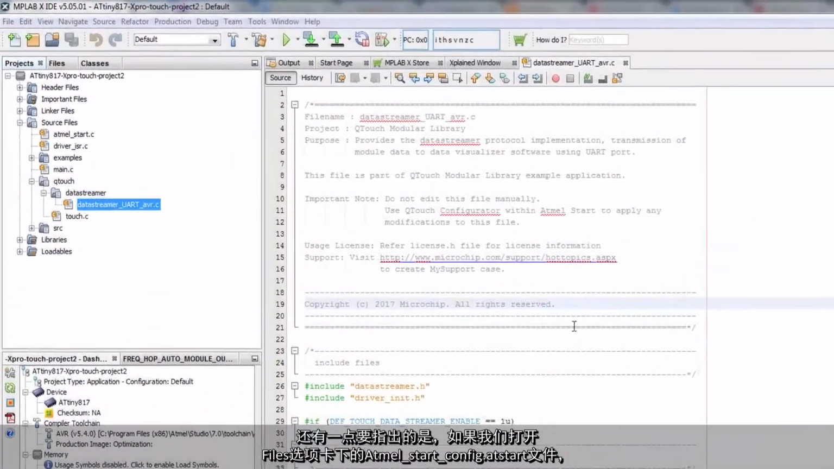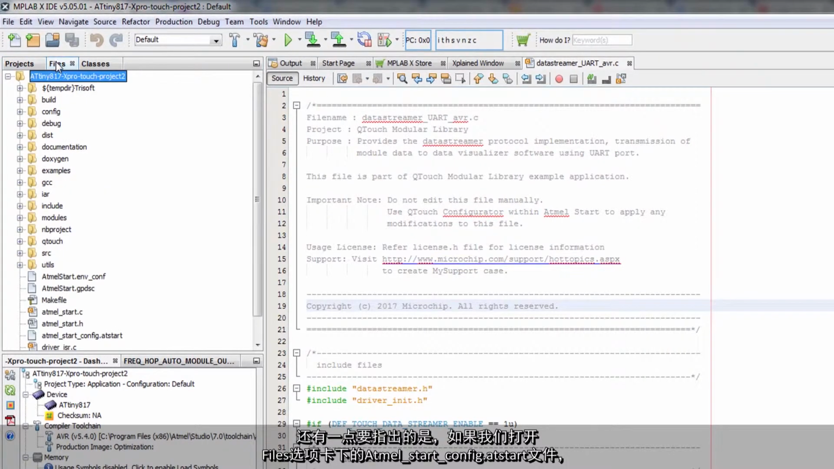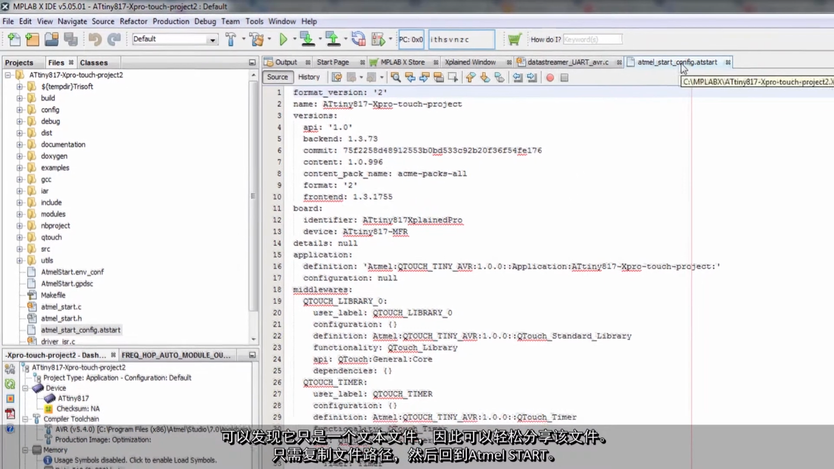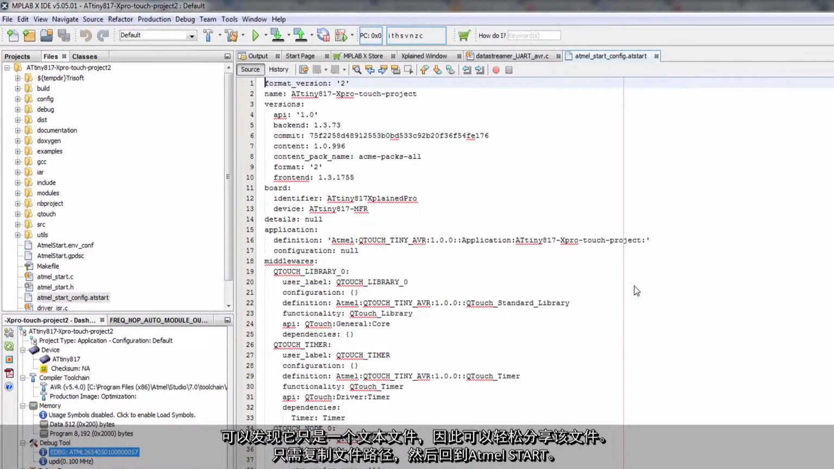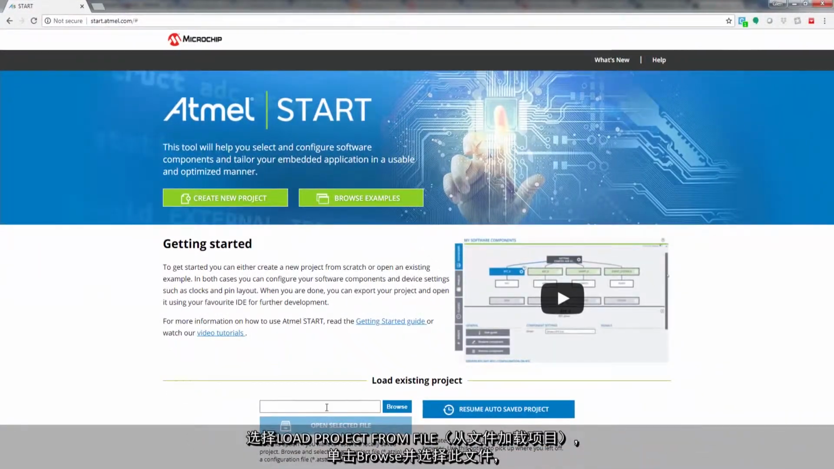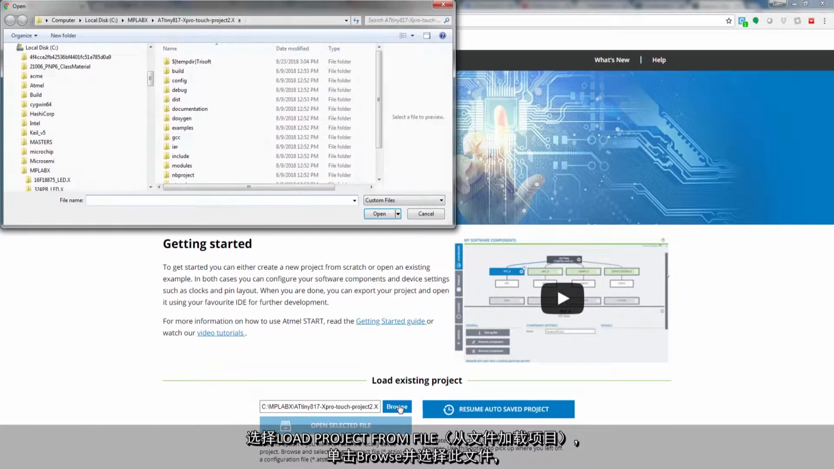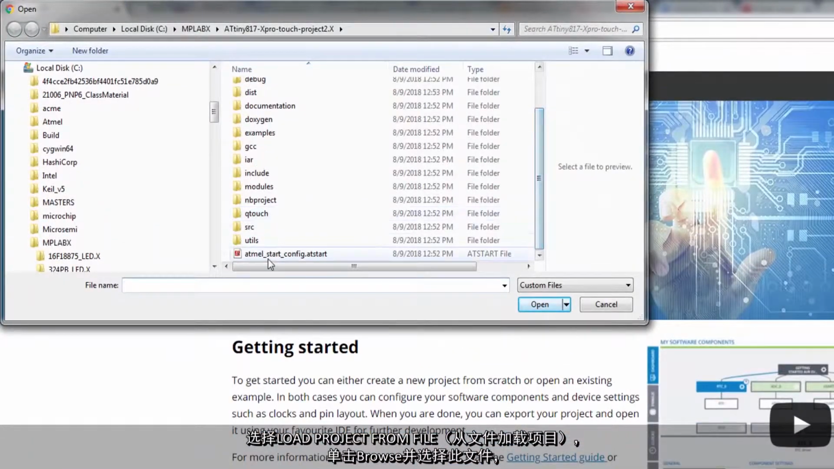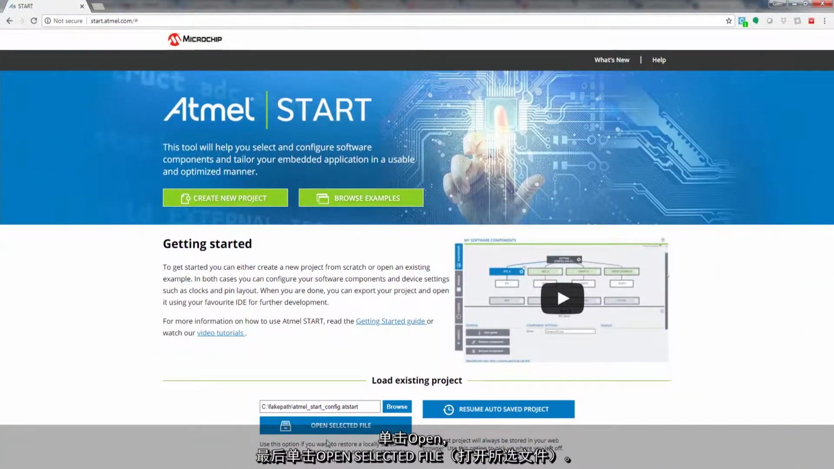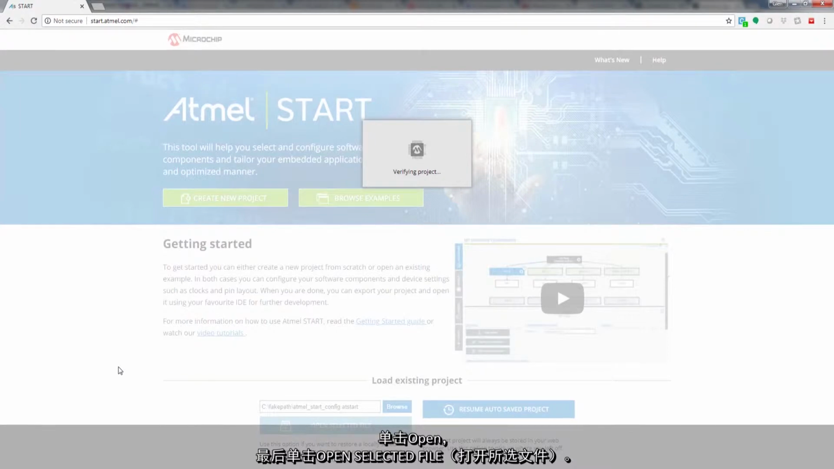And one more thing to point out is if we go to Files, that we can see an Atmel START config.atstart. Opening this, we see it's just a text file, so easy to share. Copy file path, go to Atmel START, load project from file, browse, select this file, open selected file,